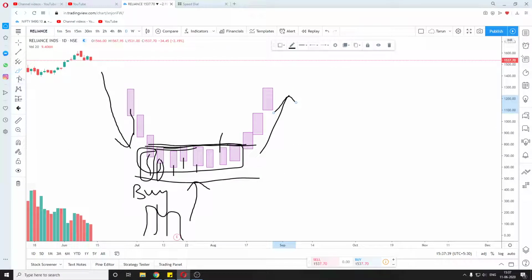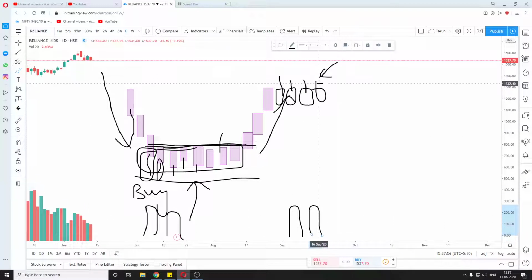At the top we have a selling climax. In this we will get sideways movement, and the wicks will be on the top side, representing selling pressure from the top, and the volume will be high because there is a lot of selling pressure, which is being absorbed by the buying, but the selling pressure is more. That's why we get an inverted hammer candle.